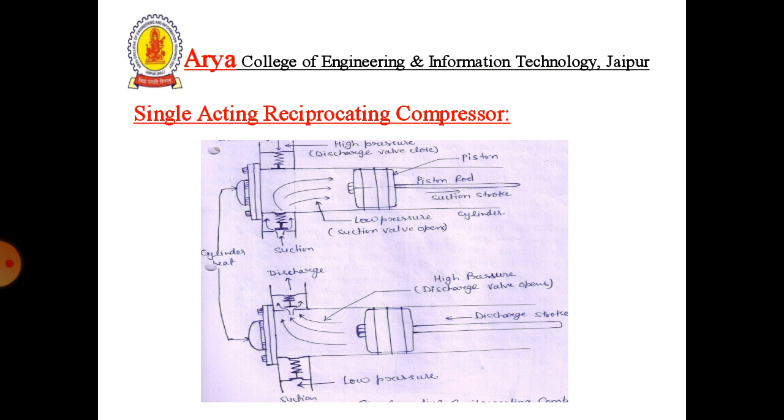The working of the single acting reciprocating compressor is shown in the figure. In the above diagram we have the suction process, and in the bottom diagram we have the discharge process. There are two valves, a suction valve and a delivery valve respectively. Both are one-way valves, which operate in one direction only, or you can say the fluid can enter through one side only. Considering the piston at the left hand side of the cylinder in the above diagram, as the crank moves, the piston moves from left hand side to right hand side.